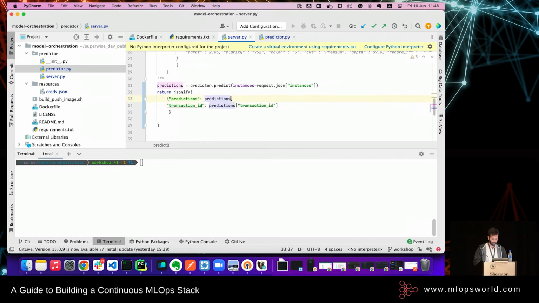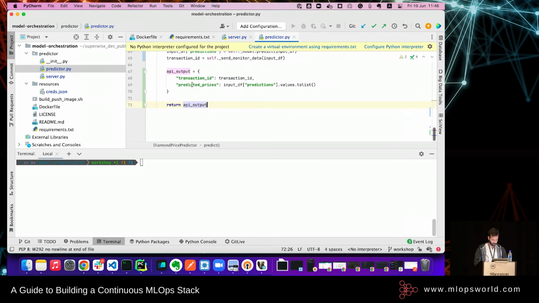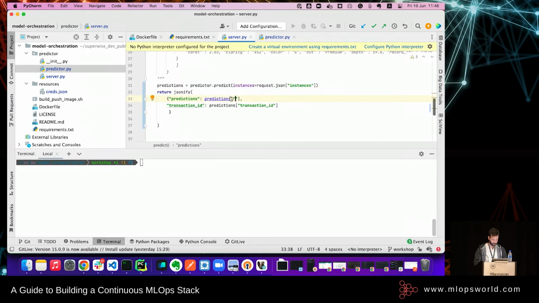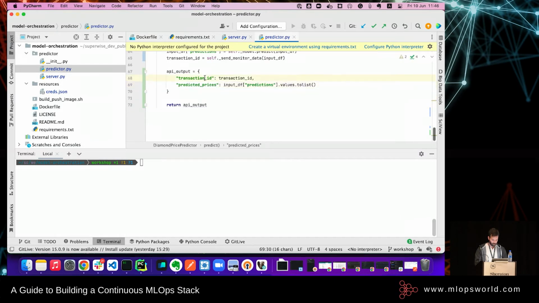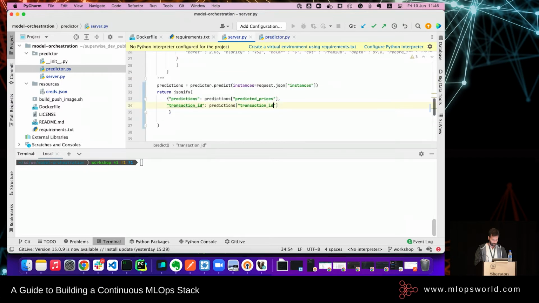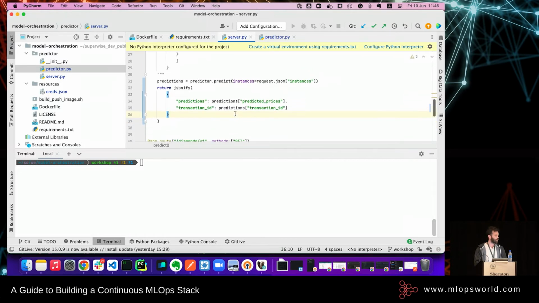And yeah, so let me make sure that I'm sending here what I want, predicted prices. Great, so we have this one and transaction ID. Let me make sure that we have it written properly. Great, and now let's refactor it so it will look decent. Great, thank you very much. So this is the logic for the endpoint, that's it.